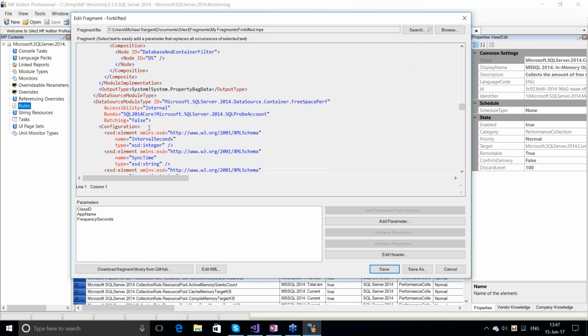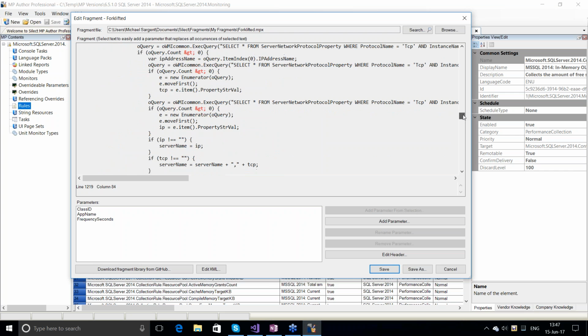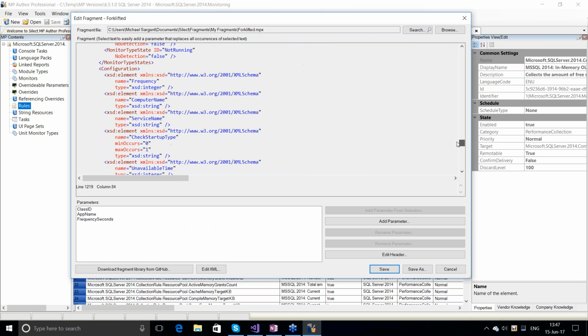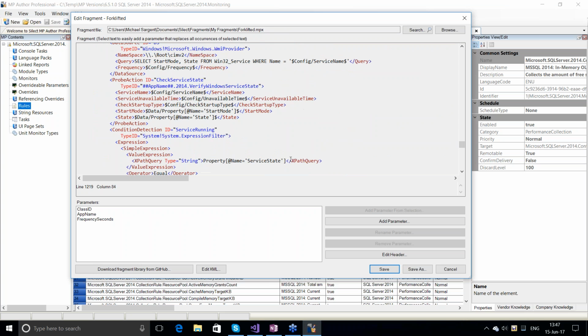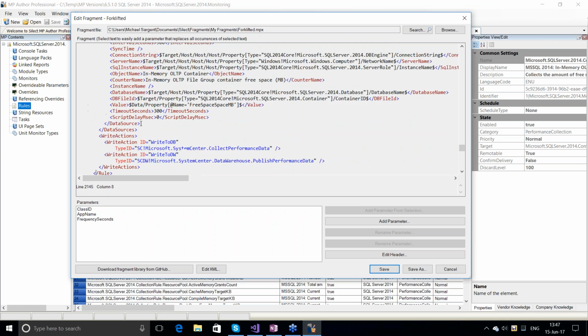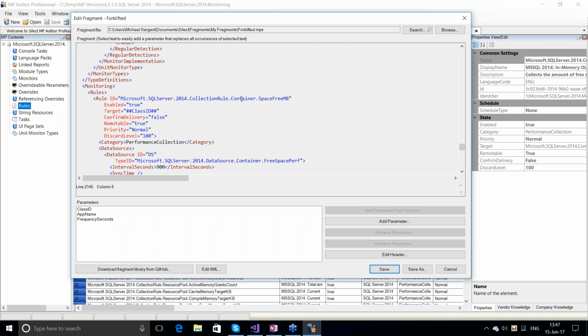There's a condition detection. Here's another data source, free space perf. So this would be the data source used for the rule. That's been incorporated in here. Again, big script here. And our module type. So just to show that the rule is in here. And, well, there's rules. So there's our rule. It was included in and is combined to make a more complex